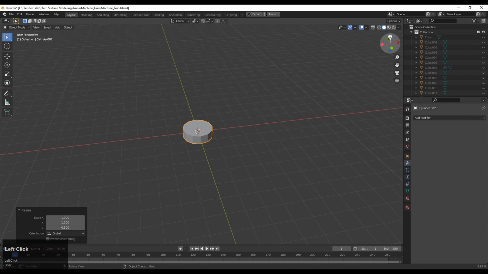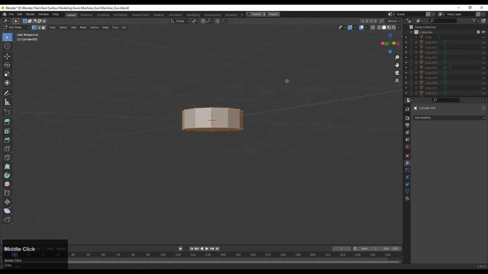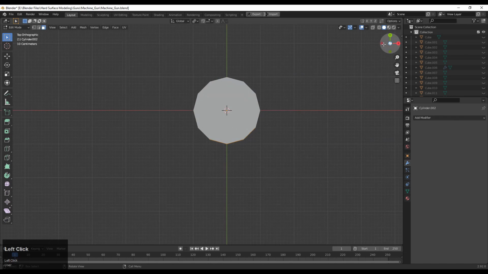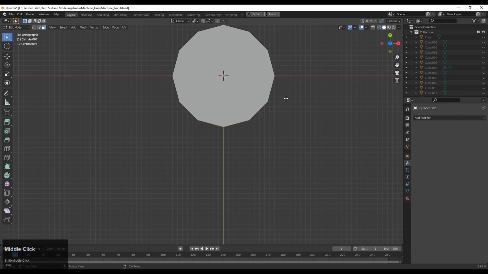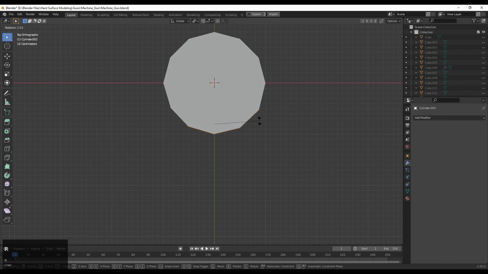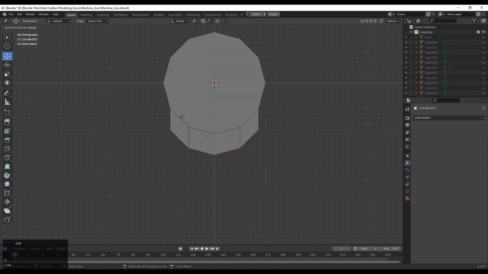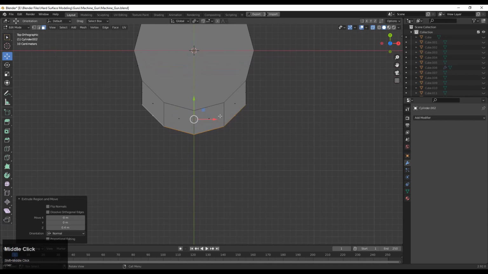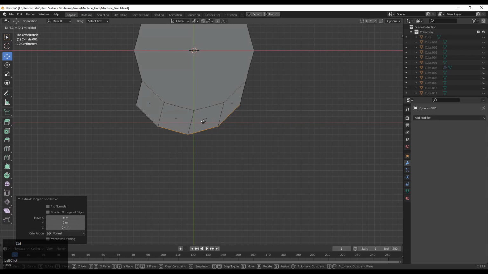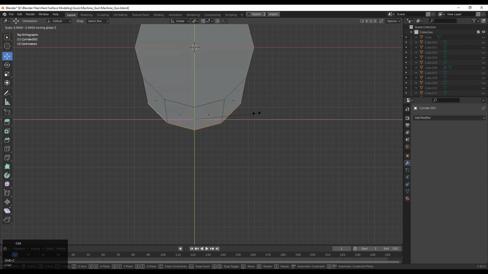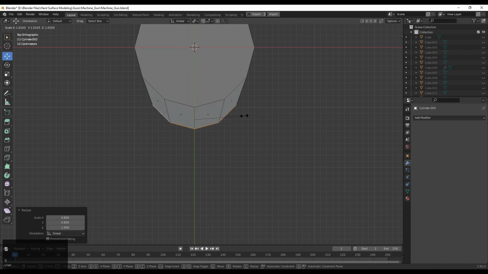And now first you need to block out the basic form, the basic shape for your handle part. So just select these faces, and you should be in edit mode, and then extrude these faces along the y-axis and create a curve form for the handle. So you can use the transformation tool to block out the part quickly. Just extrude it and move it along the y-axis and x-axis to give the right shape, the right form for the curved handle.